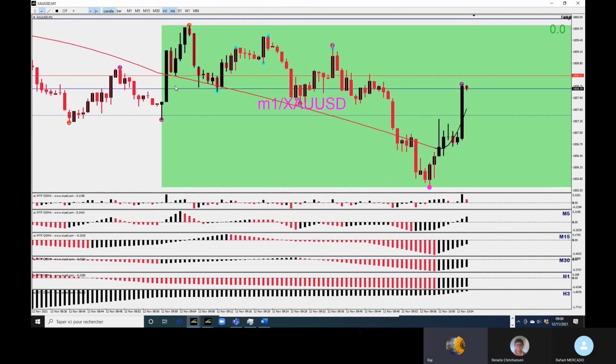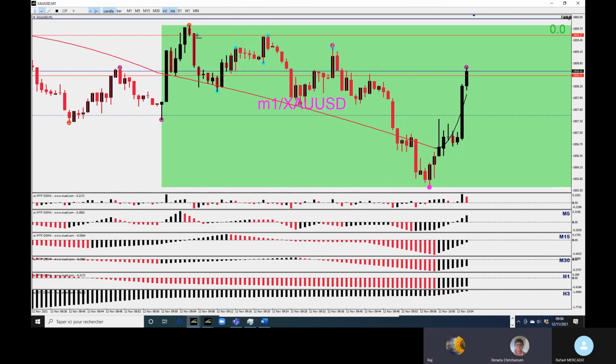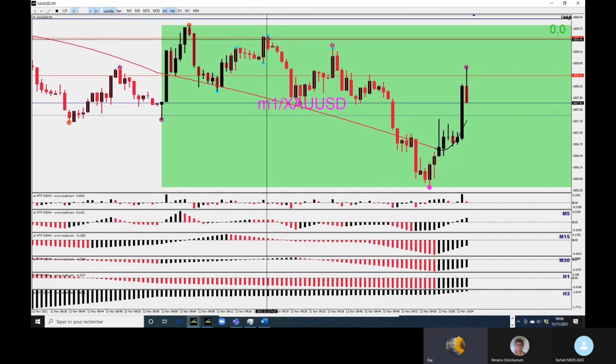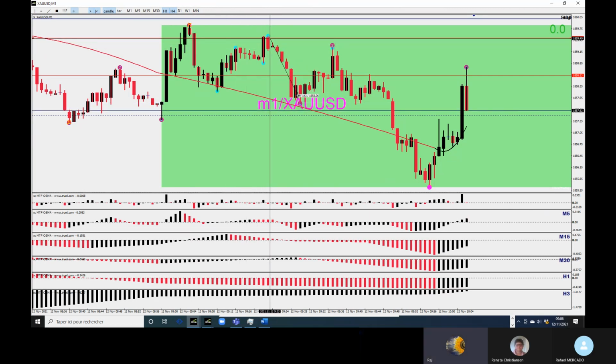Okay, this is the structure that got broken. Yeah, that was the next one. Okay, and then you wait for a retrace. Yes. And if you're doing order block trading, then you're somewhere in that first black bar range, right there. And you're taking a short right there. This is your order block trading, price action. You take the short there, and you